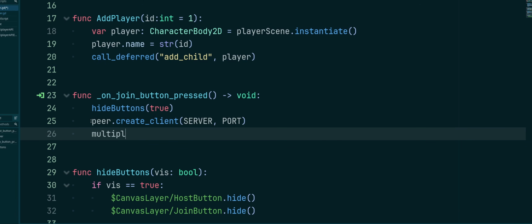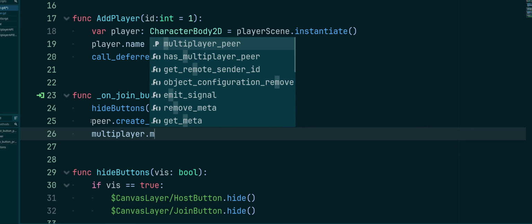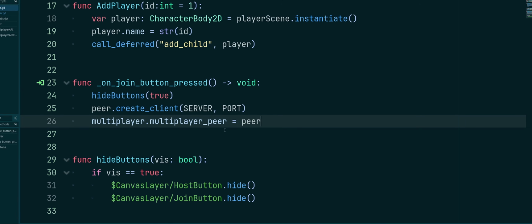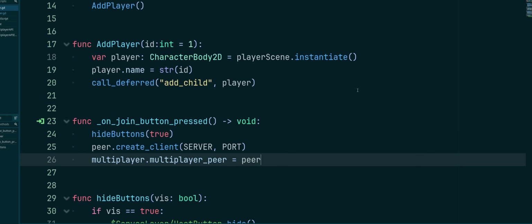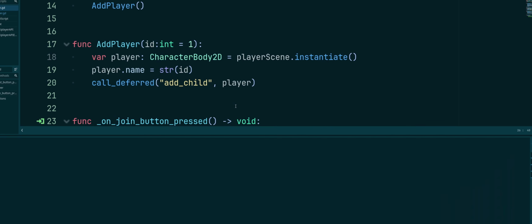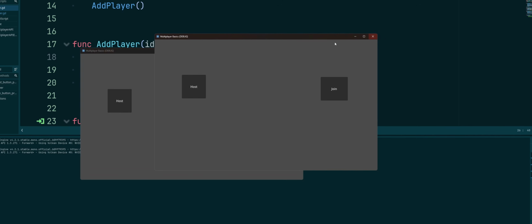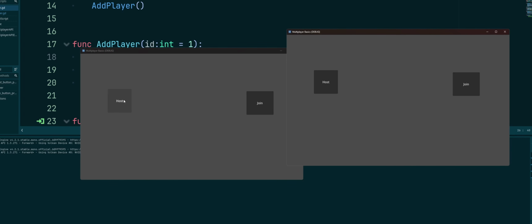And on the next line, we simply just use the multiplayer peer equals peer. All right. So that's all we have to do. So if we were to run this now, we should be able to have multiple people joined in. So if I hit host, there I am. And if I hit join,